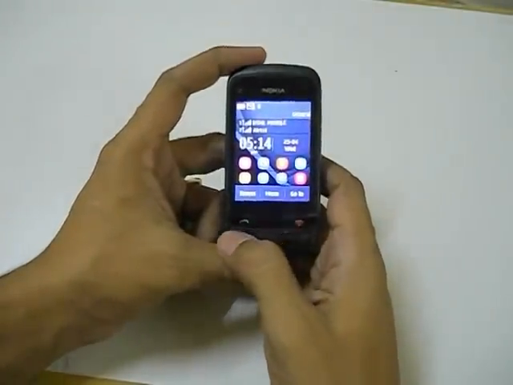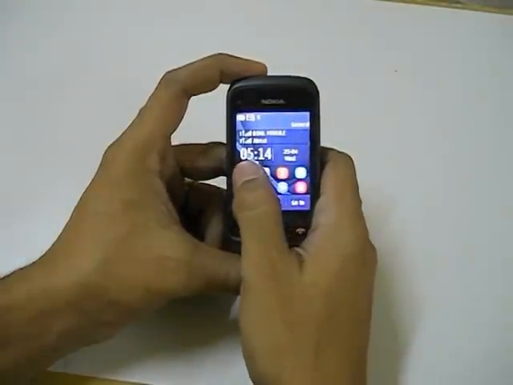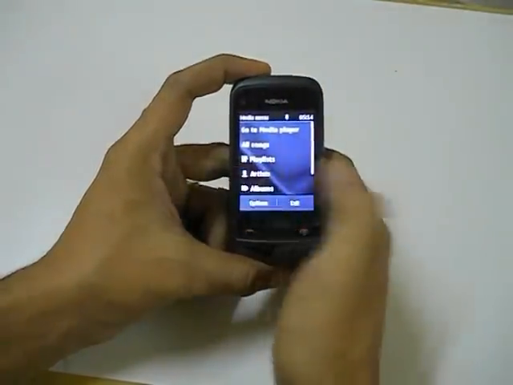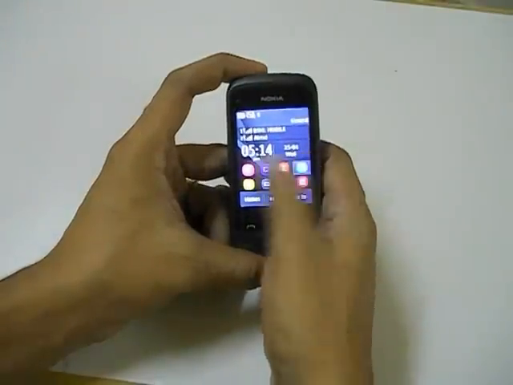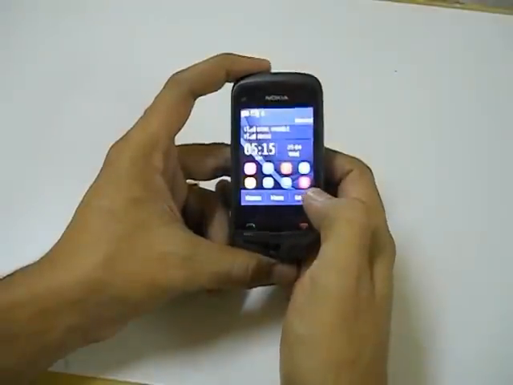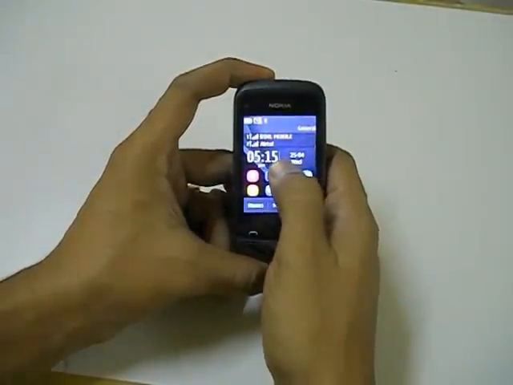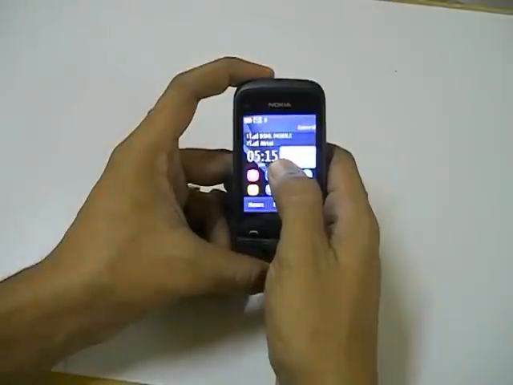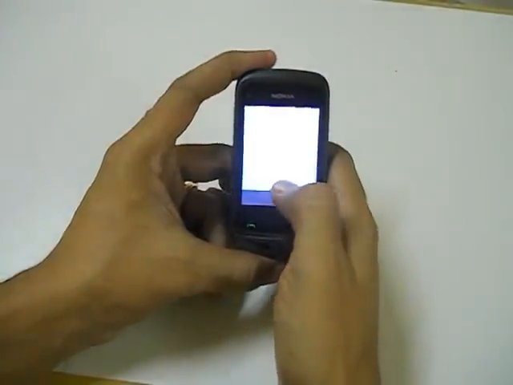Then we have what is called a swipe gesture. On the home screen, when you swipe it to right, you can load one application. Same way, when we swipe it to left, we can load another. This we can customize from the home screen as well. Again, tap anywhere on the home screen and hold. Select swipe gesture.